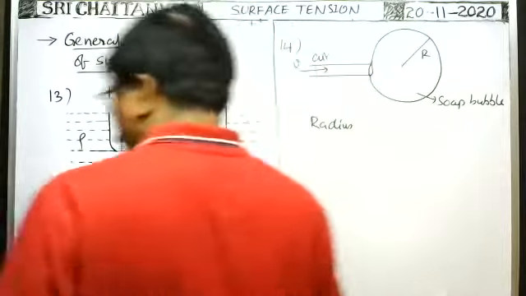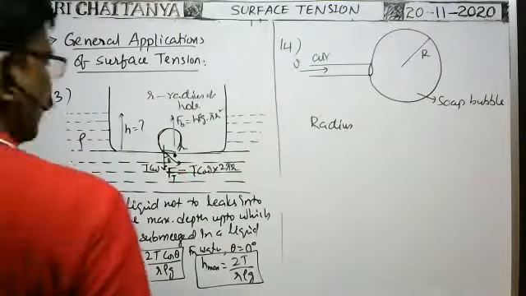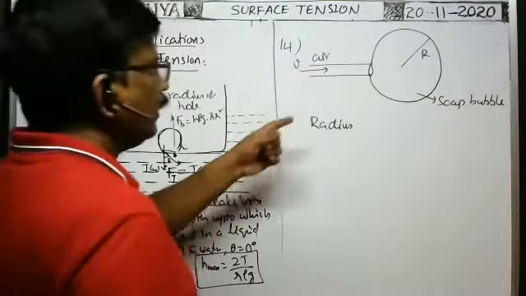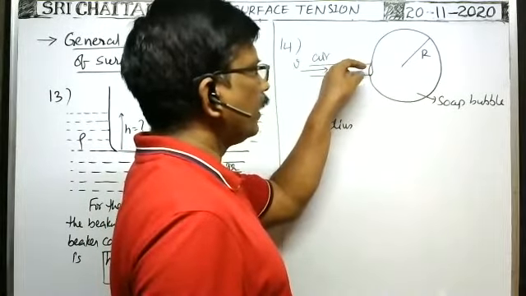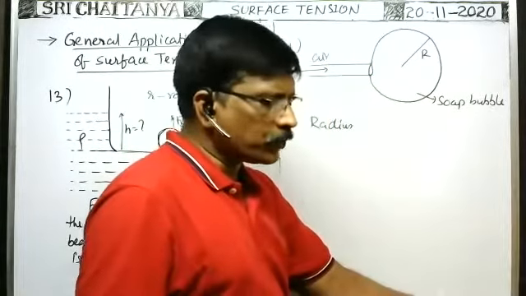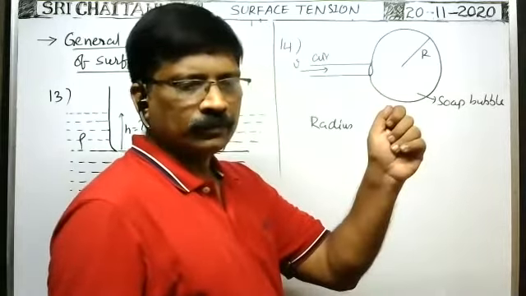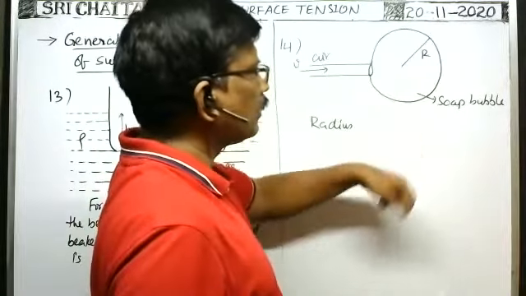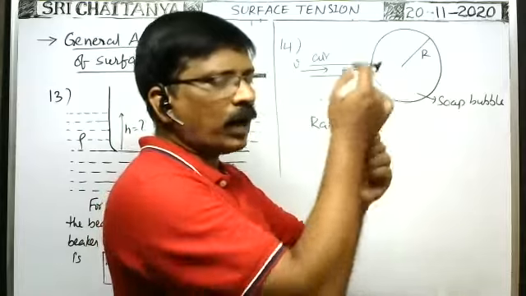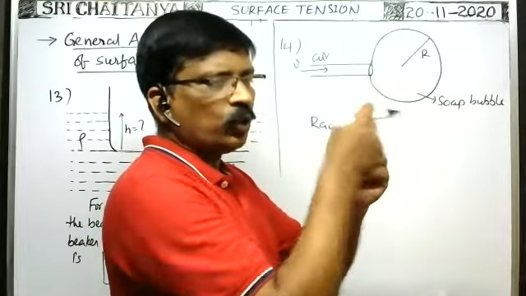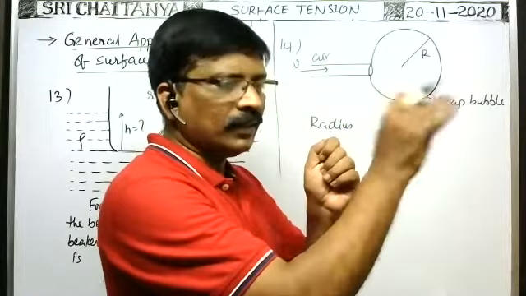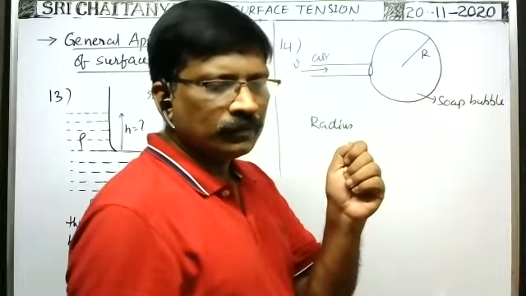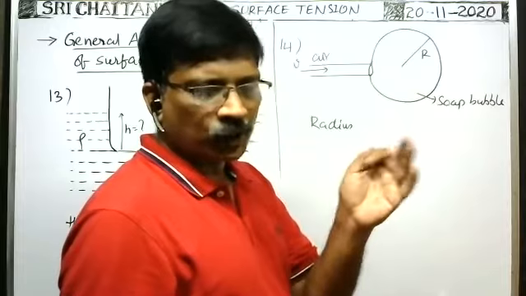Or in another way we can say, suppose here it is a small circular ring. It is dipped in the soap solution and removed out. A soap film is formed in the circular ring. Now you blow the air into the circular ring, then bubbles are produced. We see this in exhibitions.